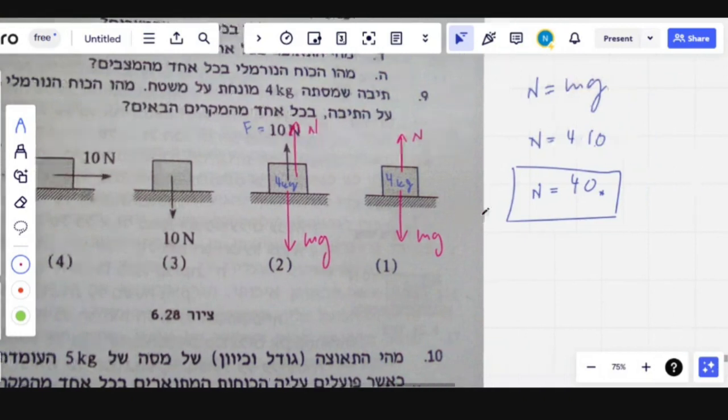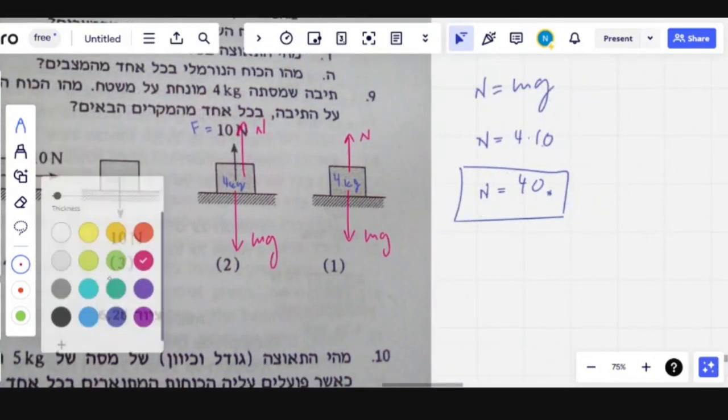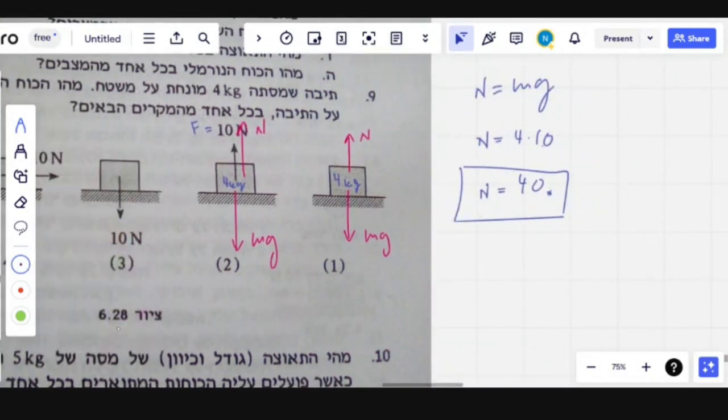So now we can do the equation. The question is, what is this force? Yes, that's the normal force, okay? Because what's causing this normal force, what's applying this normal force, is the surface, okay? So now the equation is going to be